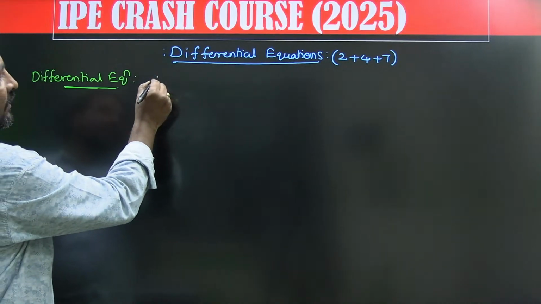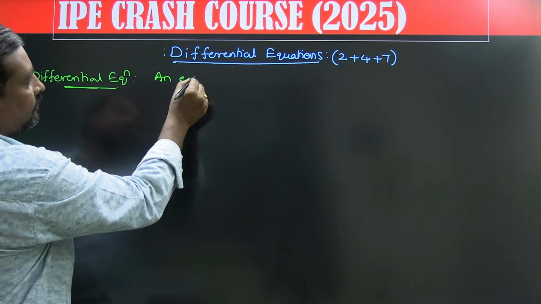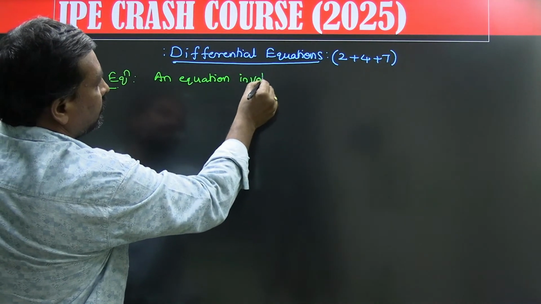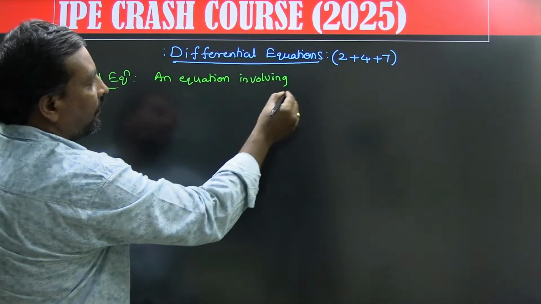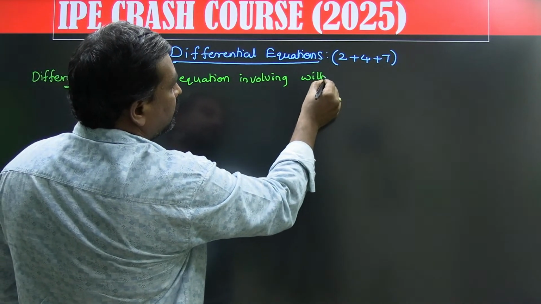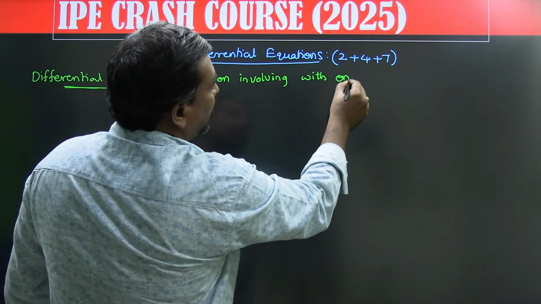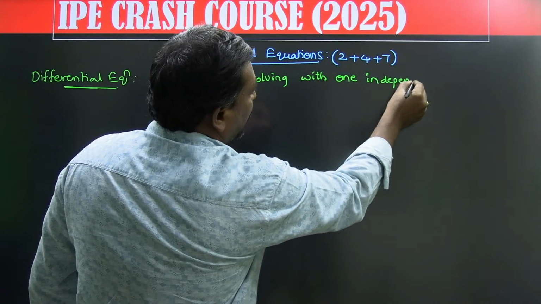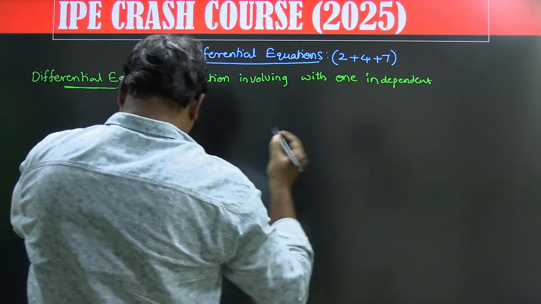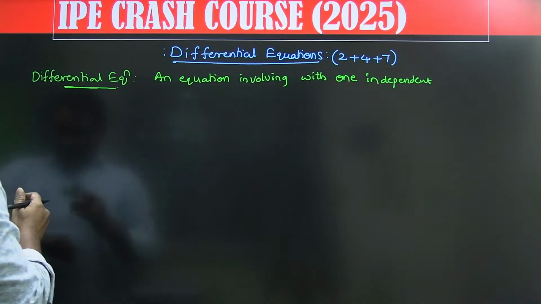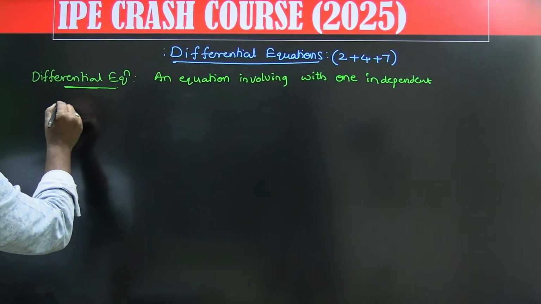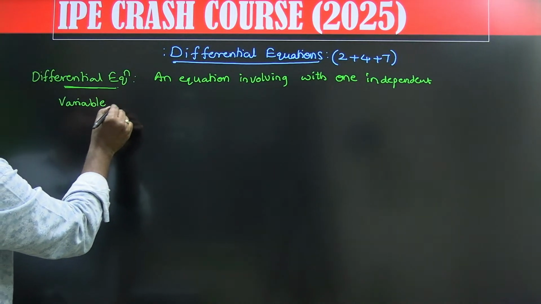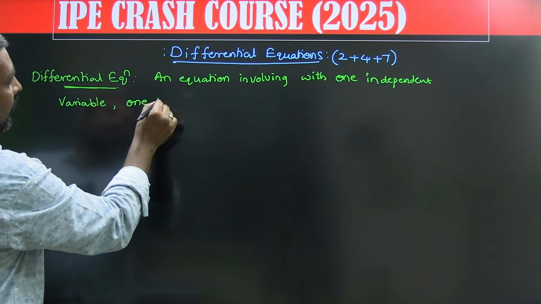An equation involving one independent variable, comma, one dependent variable,